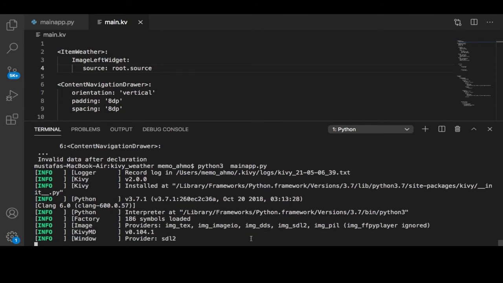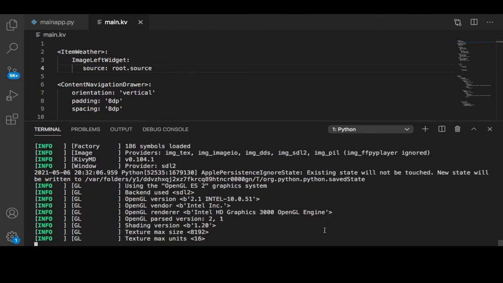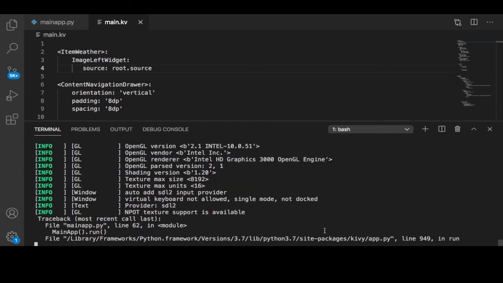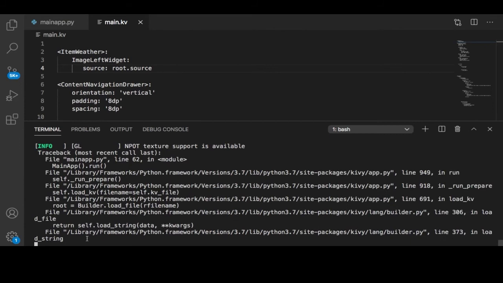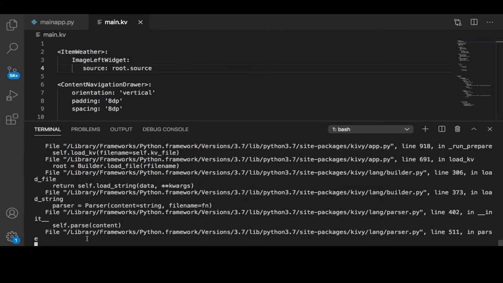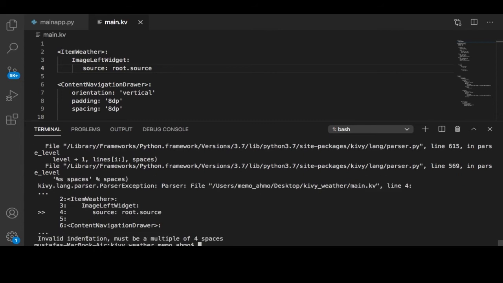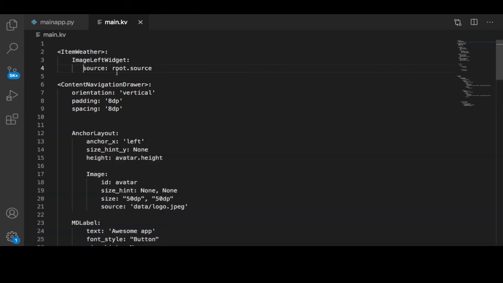So this error, as you can see, is a very, very common error: invalid indentation, must be a multiple of 4 spaces. So we need to leave 4 spaces here. So here you need to say 1, 2, 3, 4. Let me now save and run,